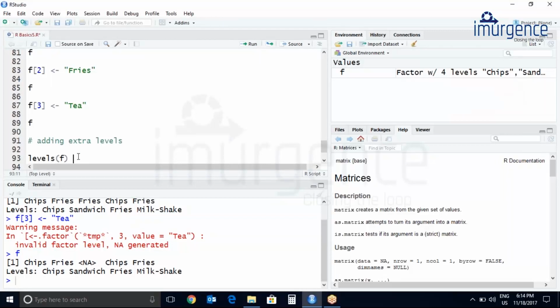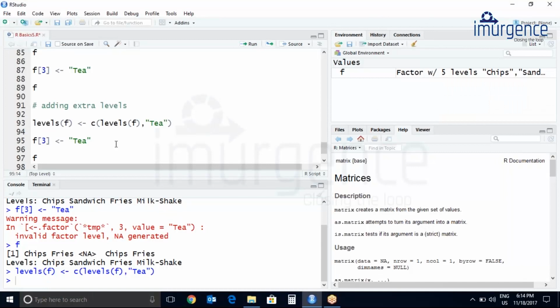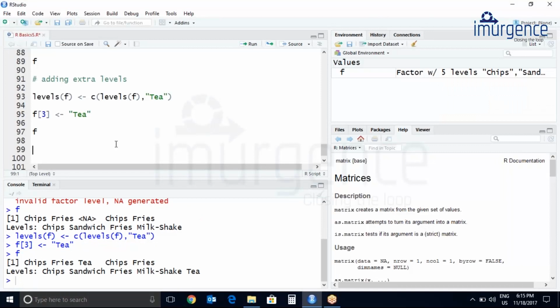So it will be levels of f equals c, concatenate levels of f, comma, and I want to add a new level, so let it be T. Let's do control enter. Let's try to execute this command now, so it should work. Yes, it's working fine.